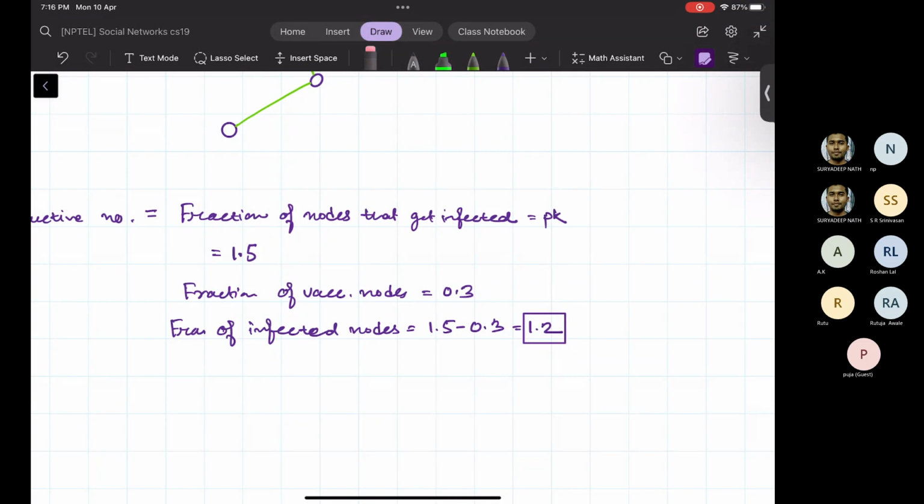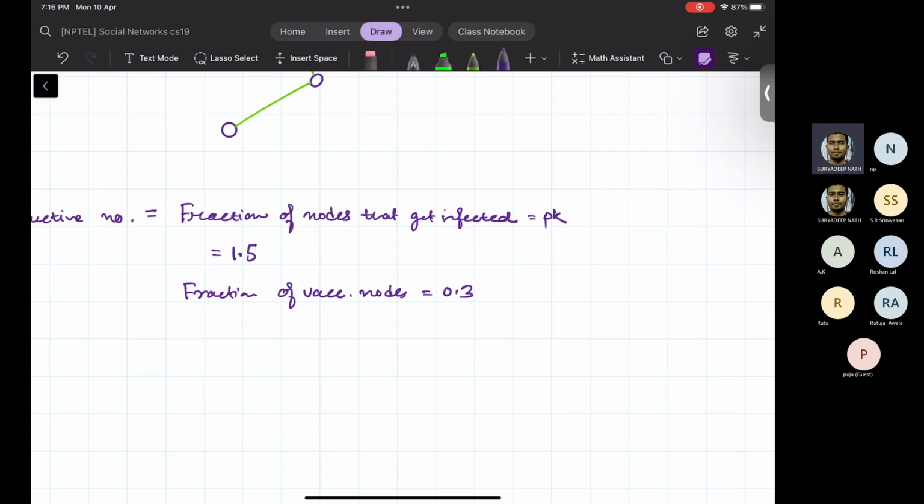So let us remove this step. The number of nodes that are now infected is 1.5 of it, so for every 1.5 nodes,